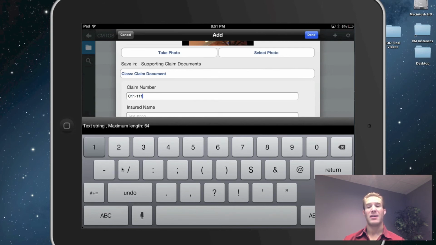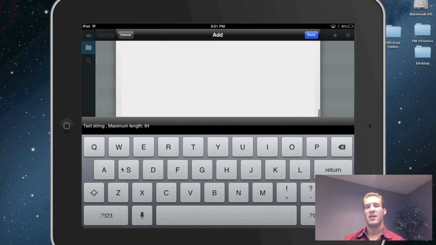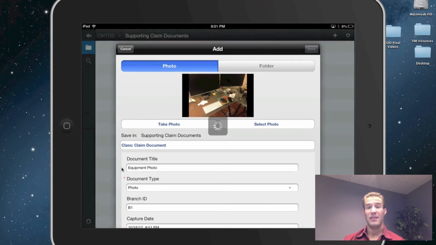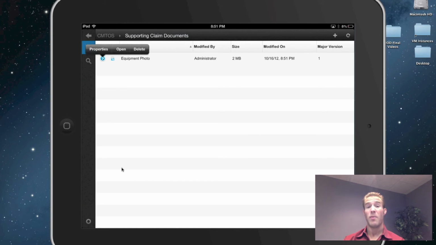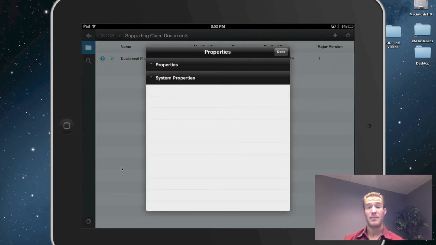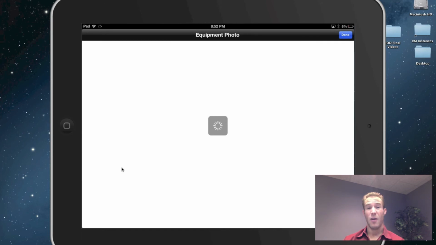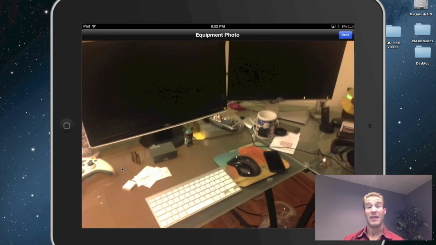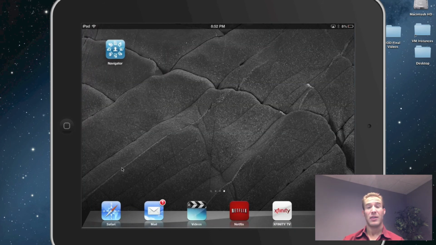Typing this claim number is going to automatically associate that document with the claim, so that way when it arrives, it'll automatically be attached. The arrival of that document will not only attach automatically, but will move that claim out of hold as well. So I'm going to go ahead, add this document to the repository, and now it's going to actually be contained within my content repository. I can go ahead and open up that document and look at it. I can view the properties to verify the information that I put in there was correct, and even open up the image itself to take a quick look at it to verify everything is all set, and now that document has been directly added to the P8 repository, and Case Manager can react to that document